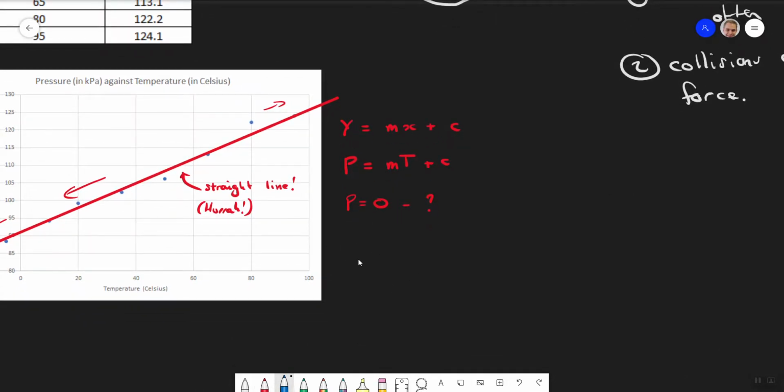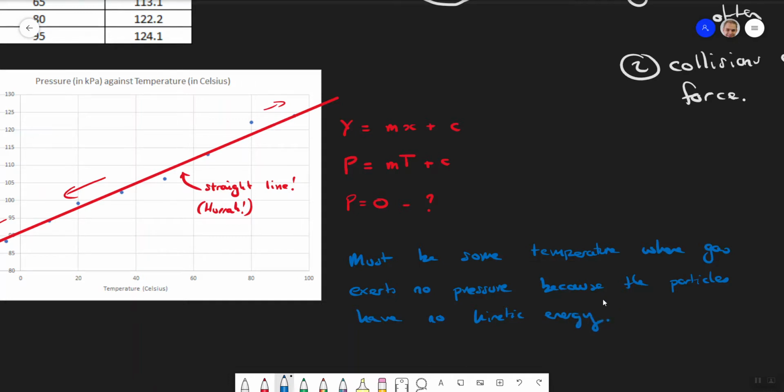some temperature. There must be some temperature where the gas exerts no pressure because the particles have stopped. Well, they've got no kinetic energy. They are essentially stopped. And this,